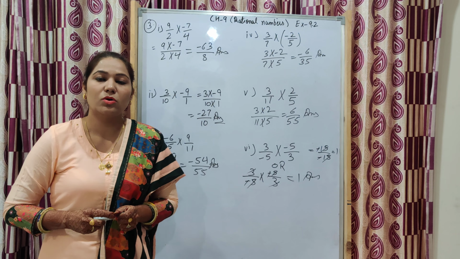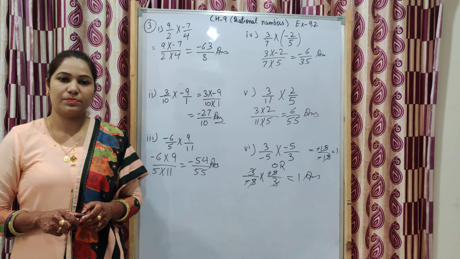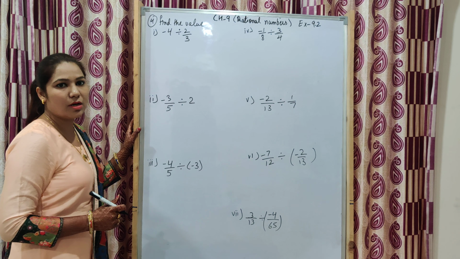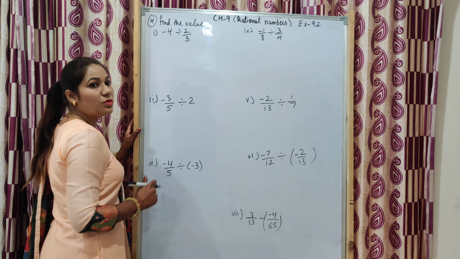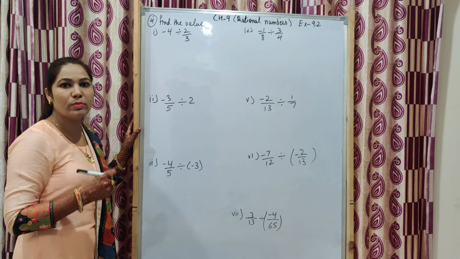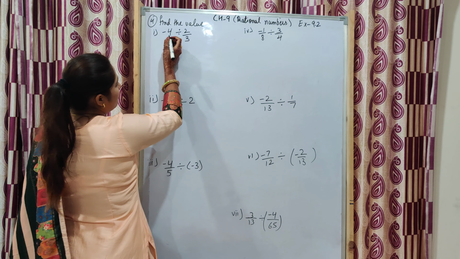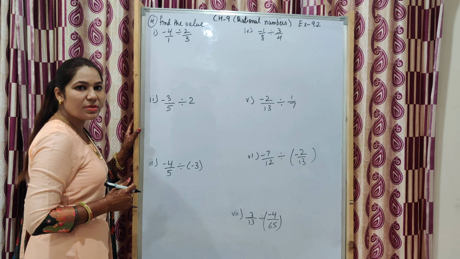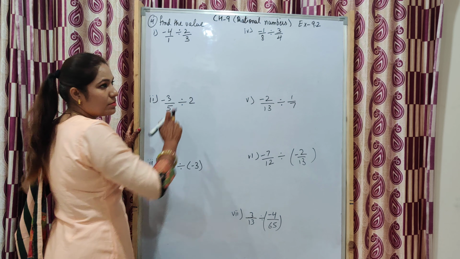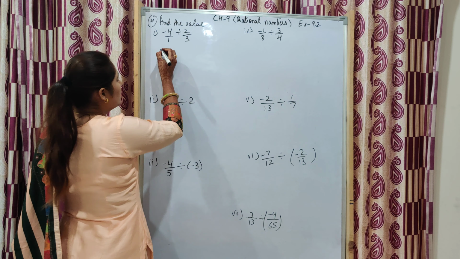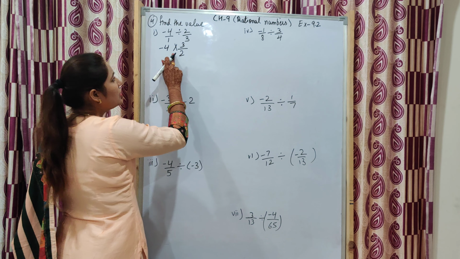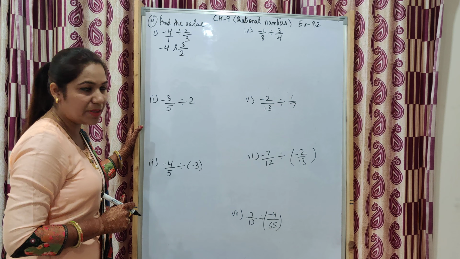Now we will do question number 4. Question number 4, find the value. Now here is a division. We have to divide. Now before starting the division, we will convert it into multiplication. How will we do it? First, in the denominator there is nothing, it means 1, we will write 1. Now divide. After the division, whatever the rational number is, we will take the reciprocal. So minus 4, when we take the reciprocal, it means we will change the sign. Division will change into multiplication.